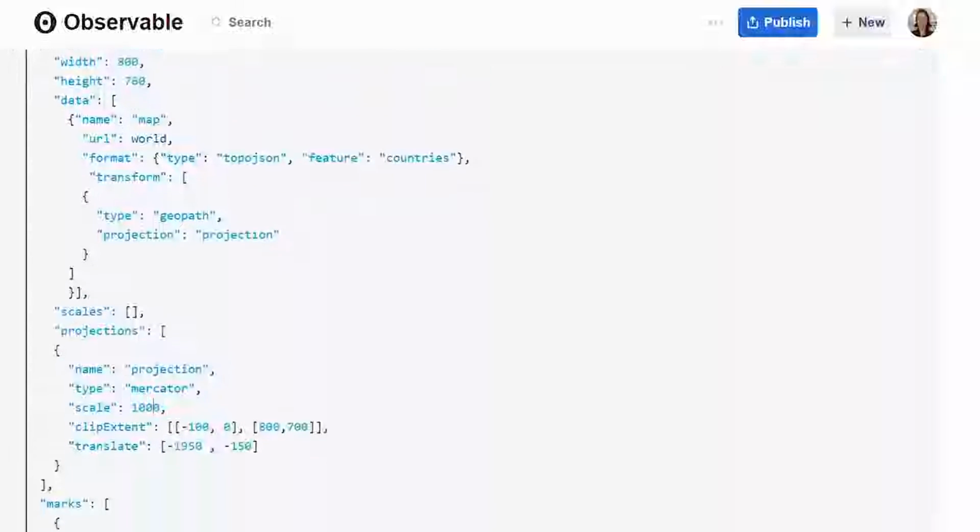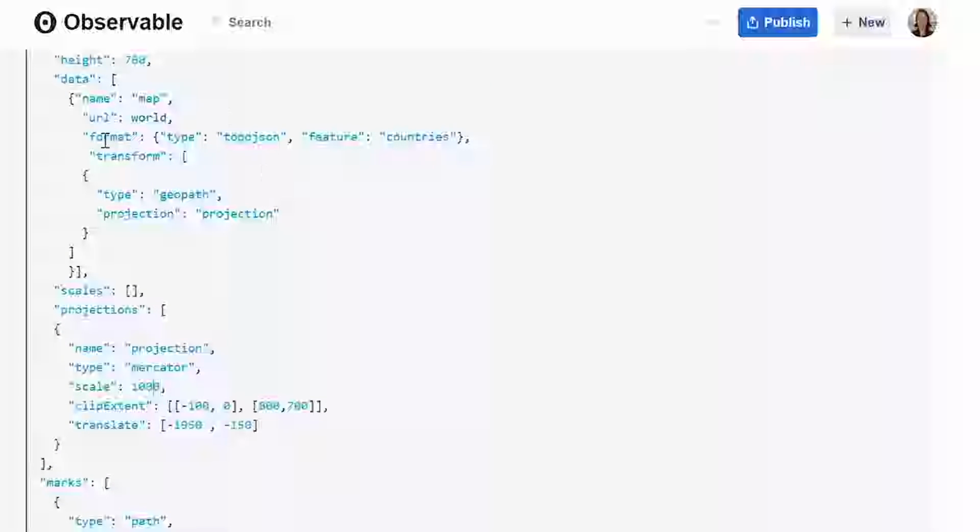And we've got one transformation that's operating on that data set, and it's of the type geopath. What this geopath transformation does is it takes a set of coordinates which are featured in the TopoJSON data and turns them into a connected path